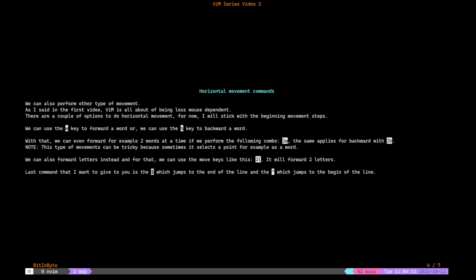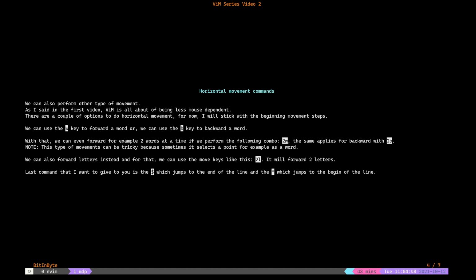If you are in insert mode, you can't use the second approach. That's a drawback, but it makes sense because in insert mode you type text, while in command mode you execute commands. So if you are in insert mode and you press H, you will enter the H letter in the document. So it makes some sense.